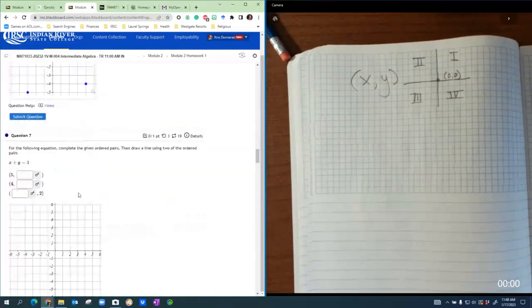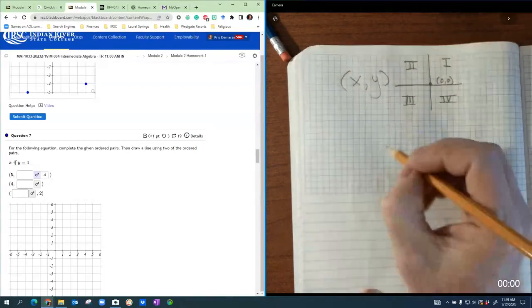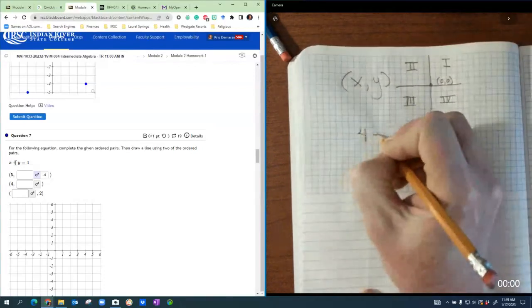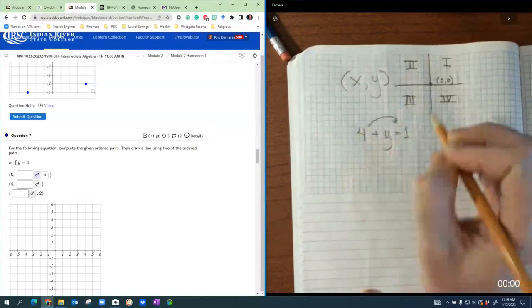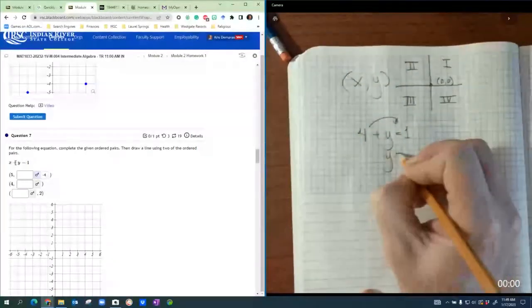All right, these move very fast. Now this is producing input and output, as well as putting in output and seeing what the input would be. So then it's 5 for the value of x. So then the y would be -4, because you would subtract. If you guys need me to physically write that down, it'd be 4 plus y equals 1. You would subtract 4 from both sides and get